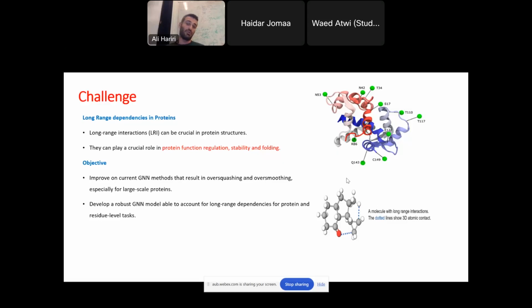But first, we want to get a good representation of the protein by covering this whole surface in the embedding space using graph neural networks. But knowing that graph neural networks do not work well with long-range dependencies, how do we solve this problem? Well, the first thing I thought is that if graphs struggle in making two distant nodes communicate, then I should just simply make them communicate. How do I do that? Well, I will change the graph.